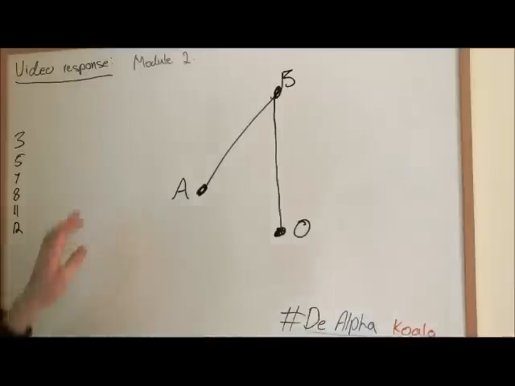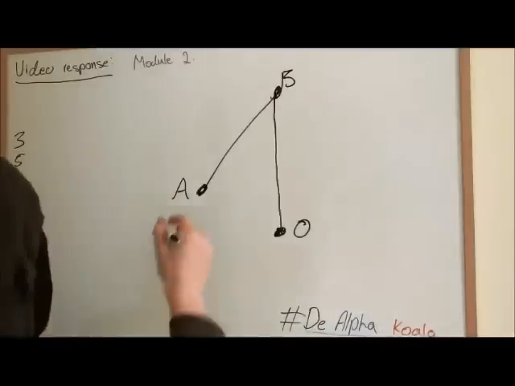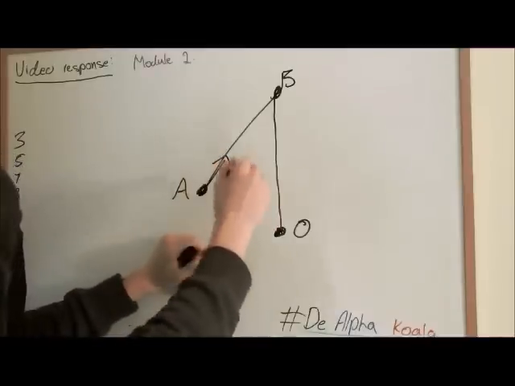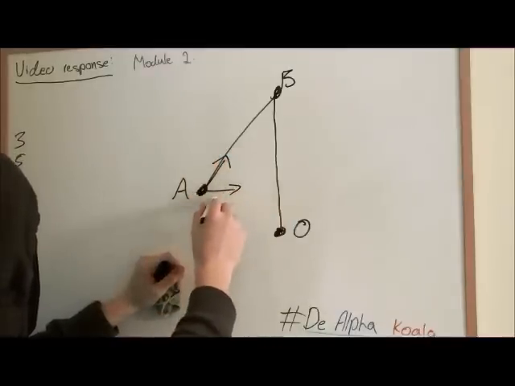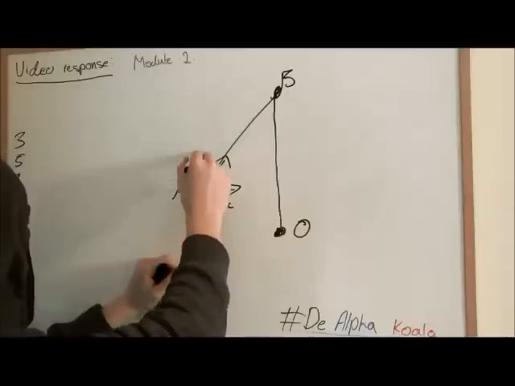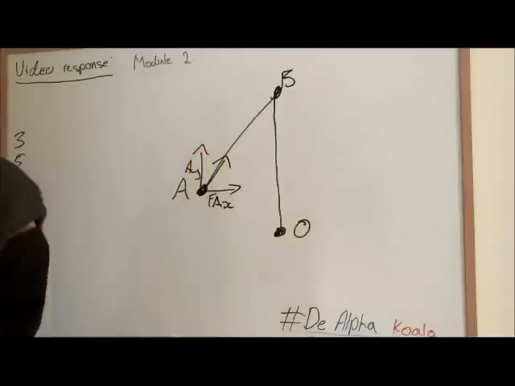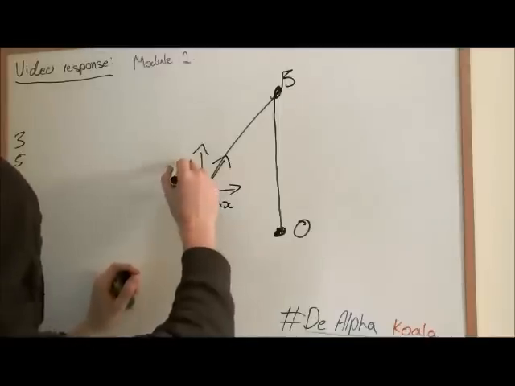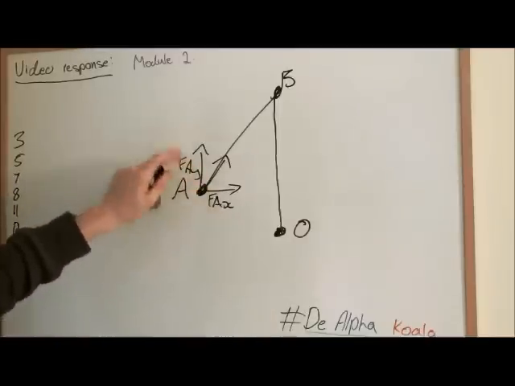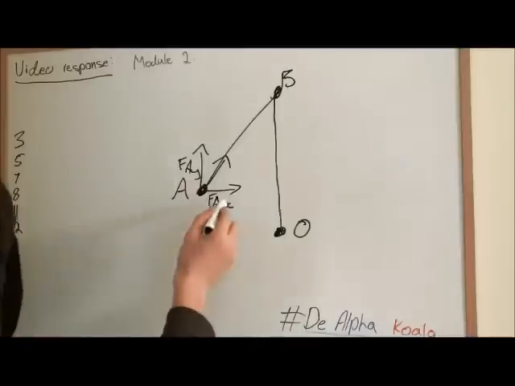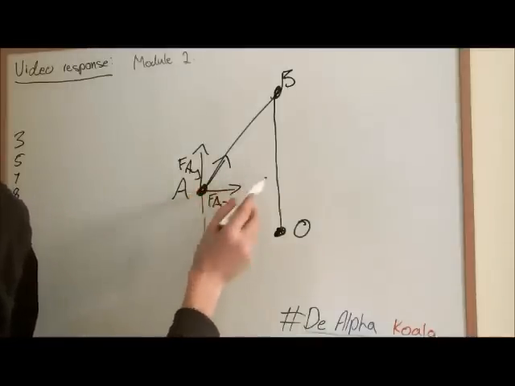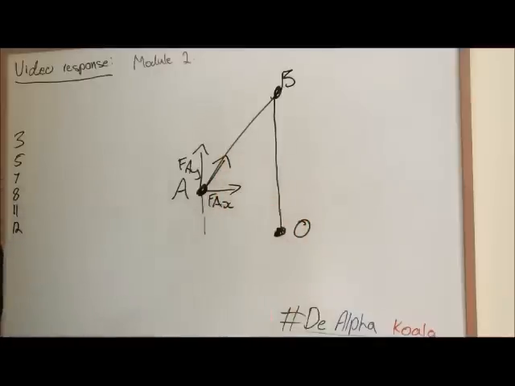Okay, so let's start with question 3. The question asks you to find the moment that the force of AX and the force of AY cause about O. And that's just its X and Y components. Now, to do that, if you have the horizontal force and you know the vertical distance, it's just going to be horizontal force times vertical distance, and